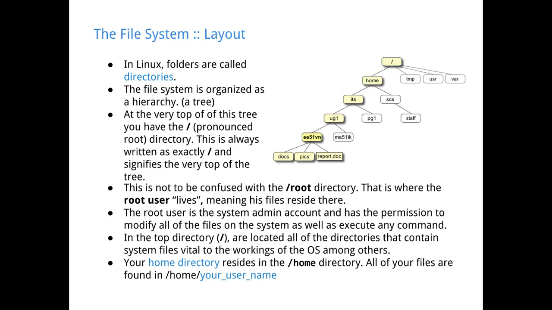And your home directory is where all of your stuff is going to be residing. As a user of the Linux system, you don't generally have permissions to modify a bunch of files, because that would be a huge security risk. So the root account is normally dedicated to that, and hopefully it's the right person logging in.